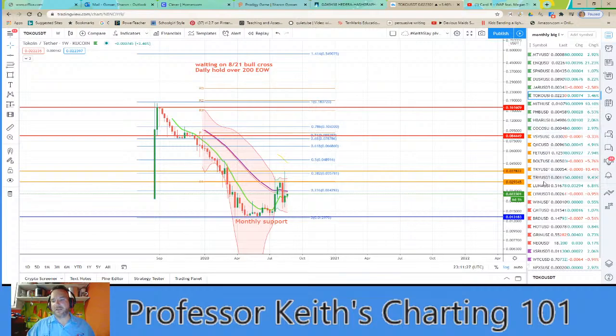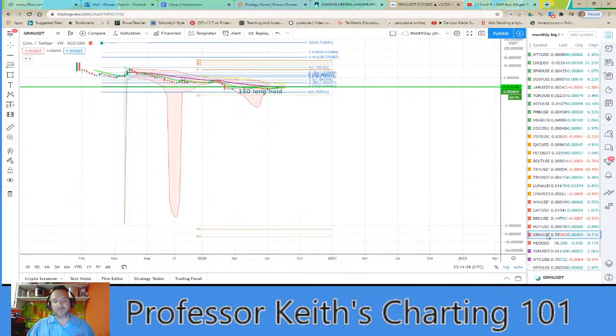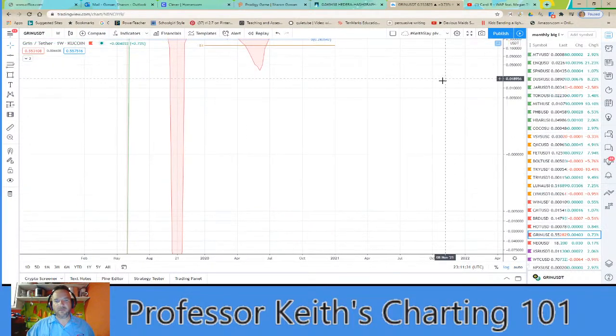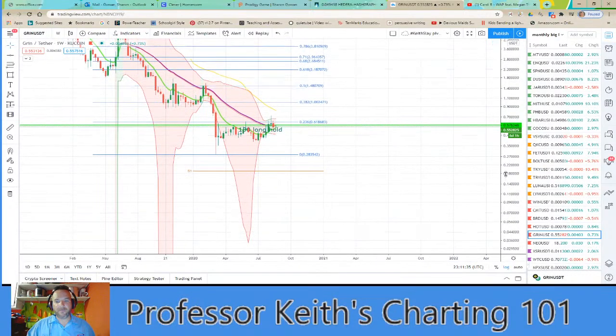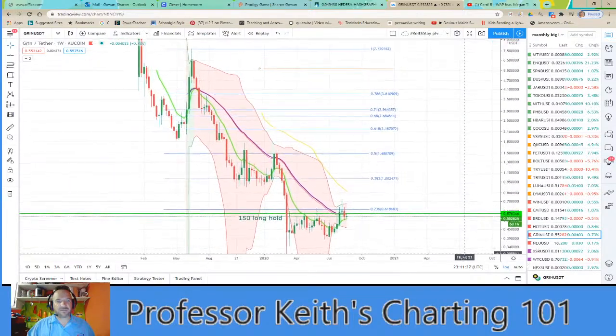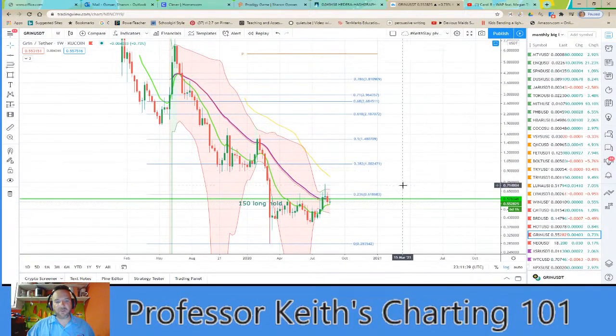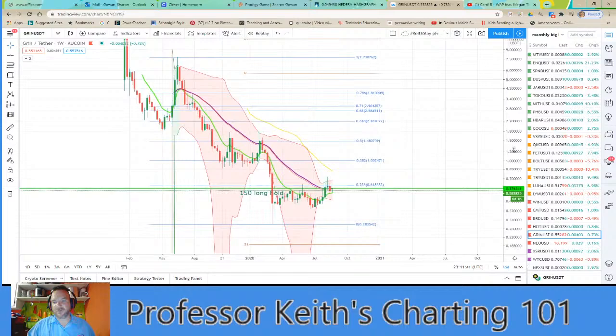But I'm already in Grin, which is way down here. And it's super early on Grin. And there's more resistance. So I could probably get out of Grin and move over to Toko first, since it's a 3 and Toko is a 1. If that makes sense to you. So the 3s are the last ones that are going to move, the ones that are going to move the slowest. They still got good percentages.